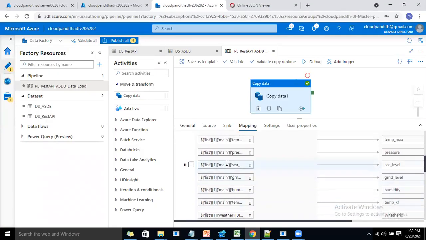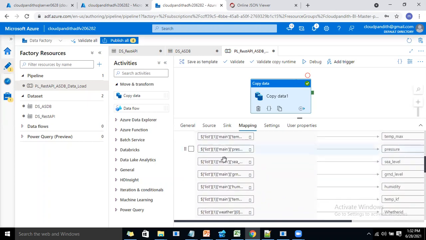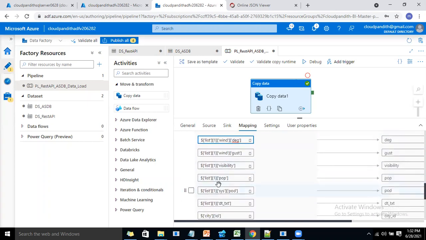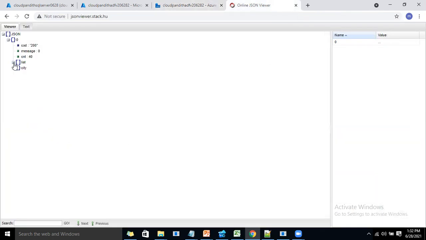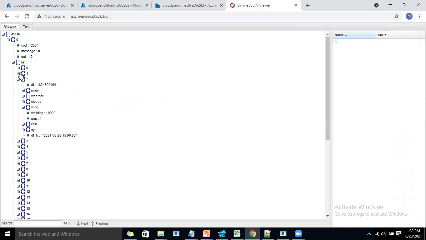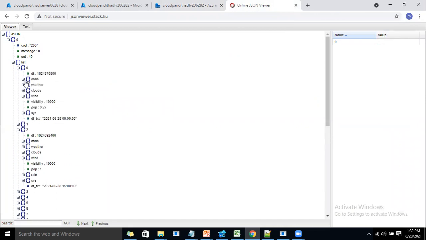Now you can see I changed it from the 0th index to the 1st index. What is going to happen? First, let's go to our JSON viewer. In our list, if you look at our first object, this is the data that we copied right now. The ID number is 800 here, the ID number is 600. Let's see the DT value in our target.